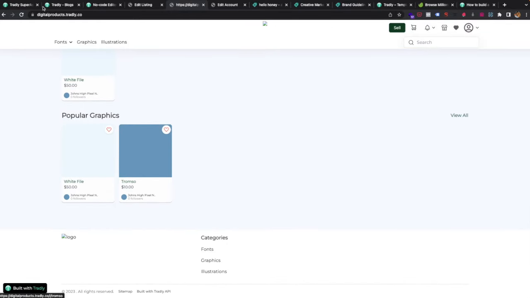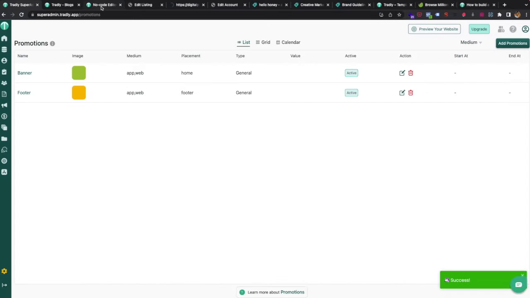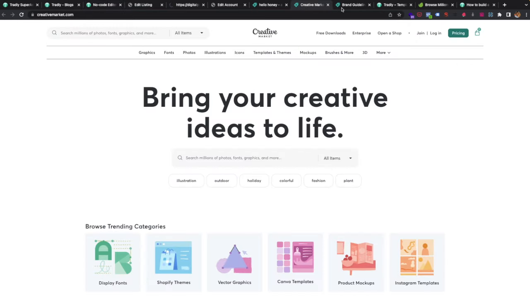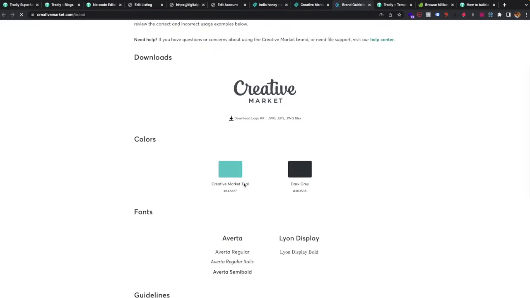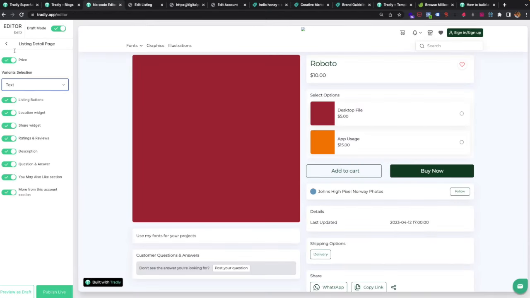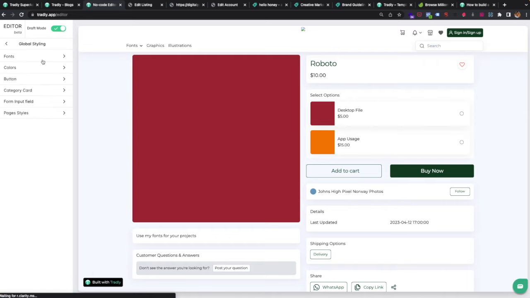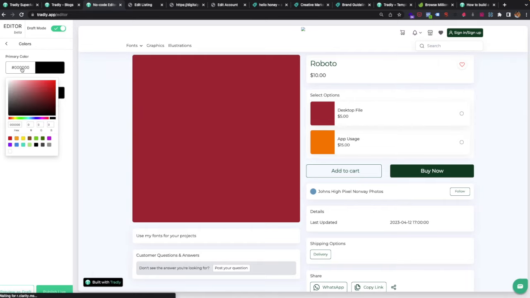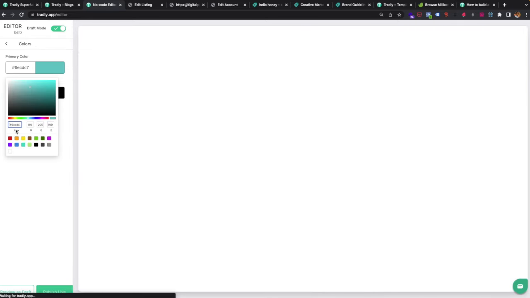Okay, so you can have all these things. Then let me just go and do some edit. I have got the brand guidelines of Creative Market, so I have their color code. So I'm just going to use this color code just to show you how this whole design changes when we apply these colors. So you can just put this hex value here